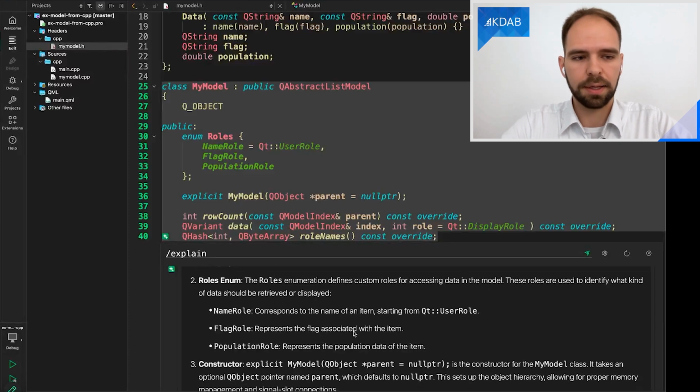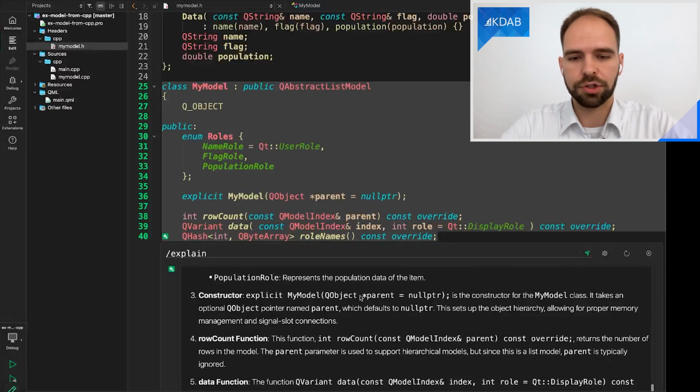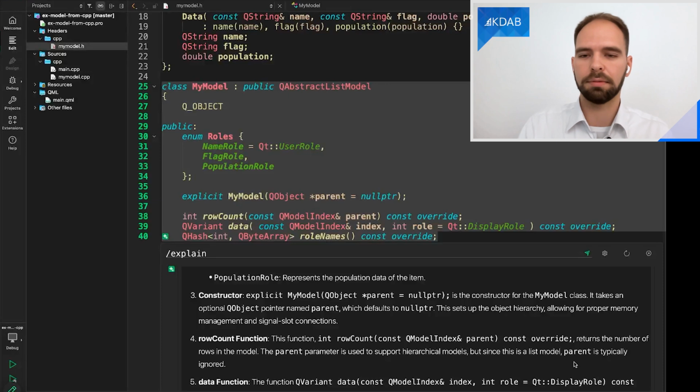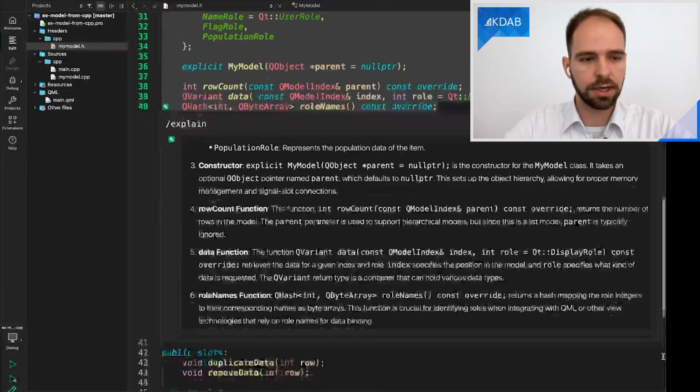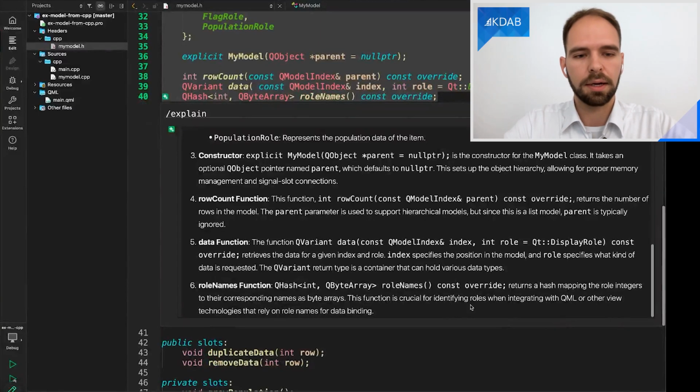Right, then the enum is explained. The constructor, so this is going into quite some detail. But what I'm lacking here a bit is that there seems to be very little understanding of what Qt is actually doing with this. So why do I need roles? The row count function might be kind of obvious, but I don't really see an explanation. This is the scrolling interface here. Here is, for example, an explanation on data for an index and a row. It might be interesting to know what an index actually is, because people that have watched your series know that QAbstractItemModel indices are not the most trivial thing in the world.